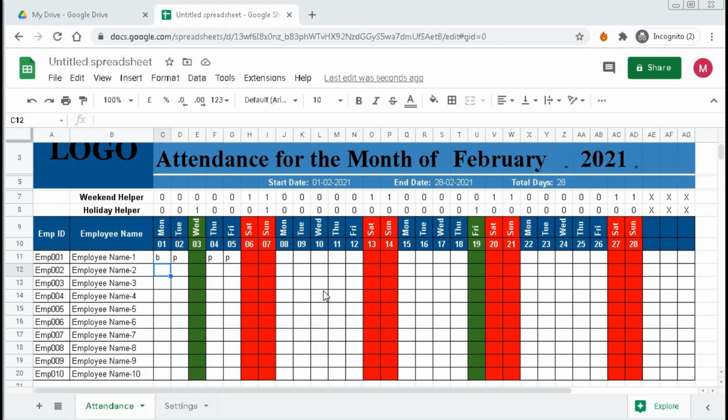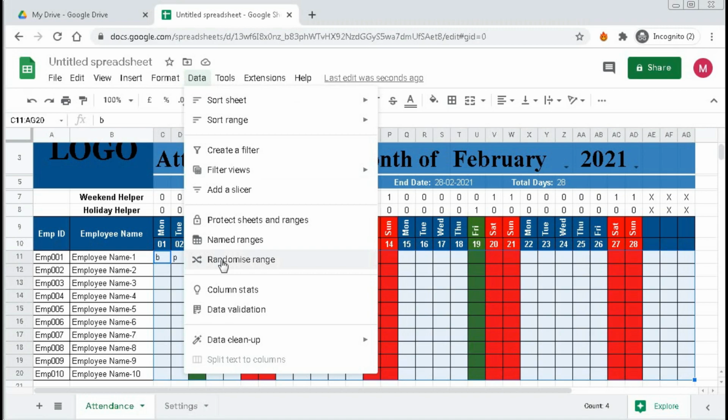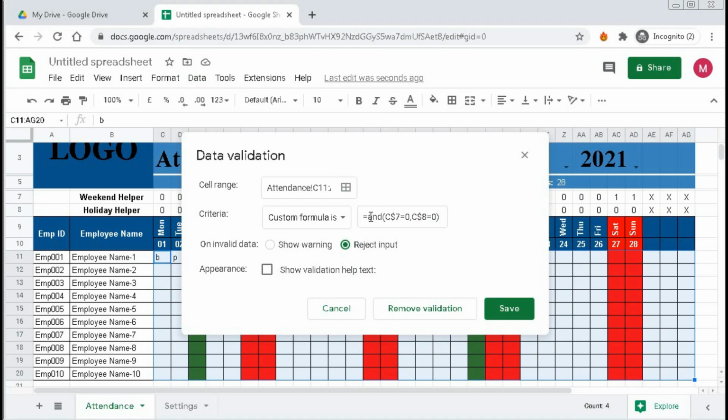So for that we need to change the validation. So select the range again, go to data validation. Here we have to put OR, bracket open. So first we have to check this one, then comma, again OR. So this is the cell C11.